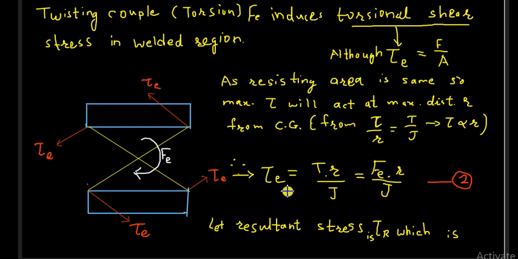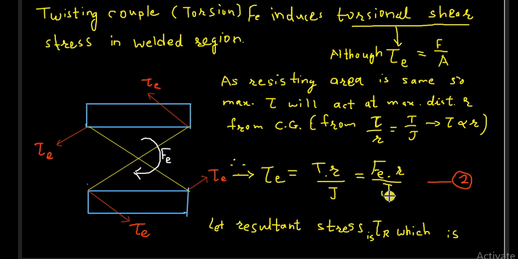Once we get the value of tau e, that is torsional shear stress, we will find the resultant stress tau r, which should be compared with the shear strength or maximum permissible shear stress